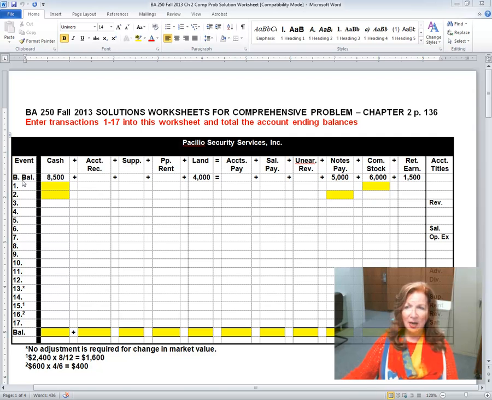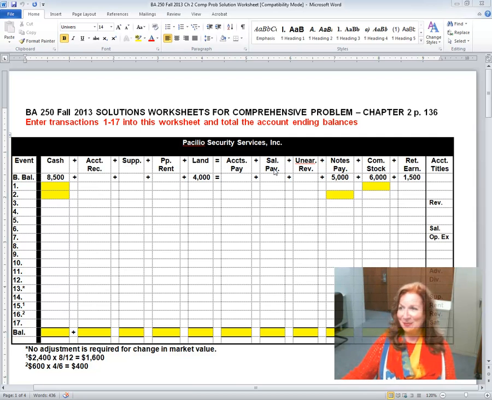So I'm going to point out here that we have the company name at the top. We have cash, accounts receivable, supplies, prepaid rent, and land. Those are all the assets we're going to be using in this problem, and those are going to equal, and we have accounts payable and salaries payable. Those are the accounts that we're going to use, and the unearned revenues. The notes payable are the long-term